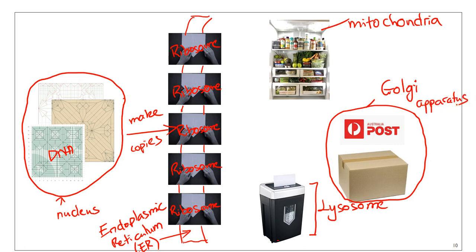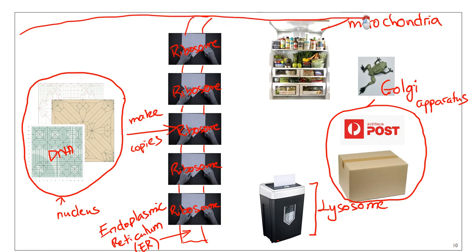Okay, are we missing something? Yes, sometimes some of the products just end up being used within the cell. In that case, it's not going to go through the Golgi. And all of this has to still be encompassed within the cell, so it's going to be surrounded by a cell